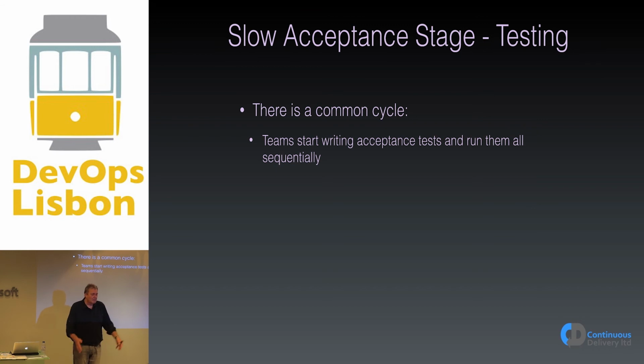You've only got two servers, so you run half your tests on one server and half the tests on the other. One server is probably always going to finish a little bit behind the other, and you might juggle a little bit to try and get them more even. But that's where you're going to run for a bit. And then, after a bit longer, it slows down again, you buy another two servers. And at this point, you start to get bored, or at least the person whose job it is to distribute the tests and level them all out starts to get bored. And so you probably end up starting to automate this,